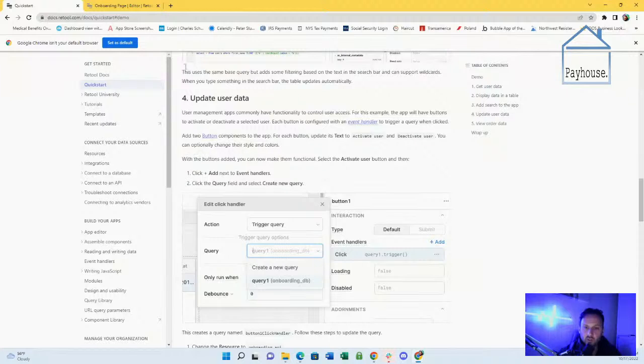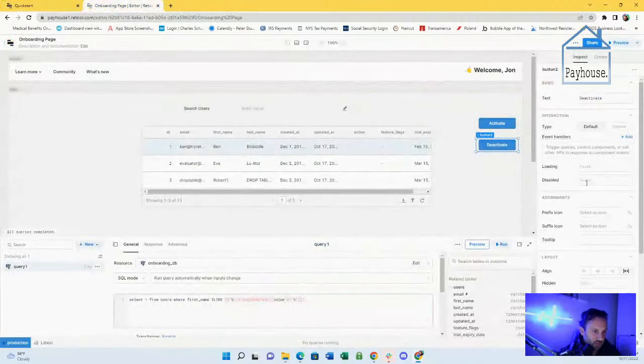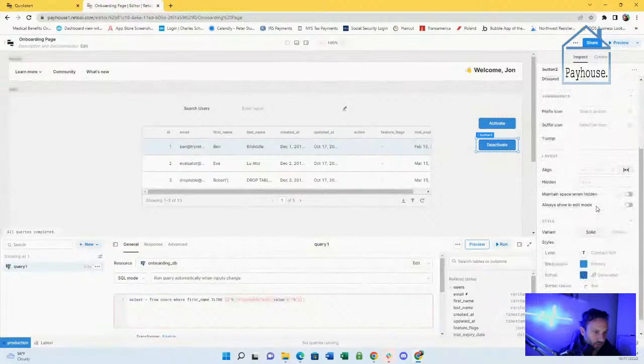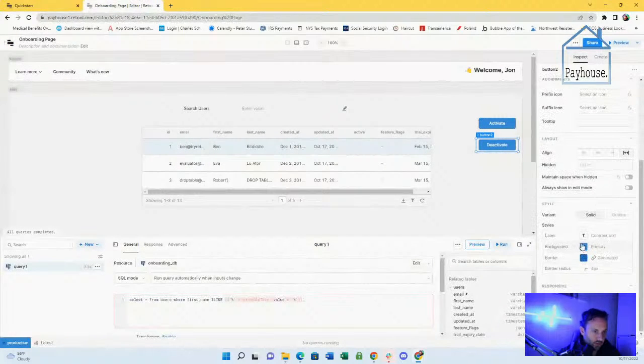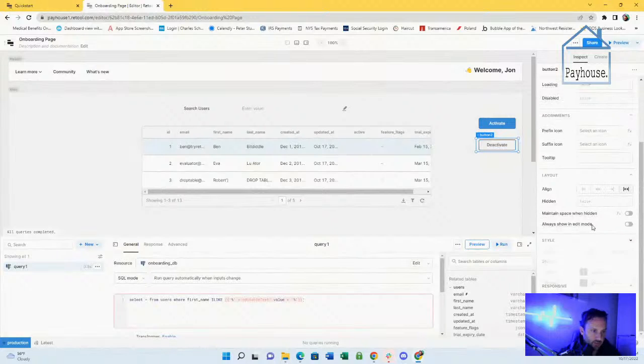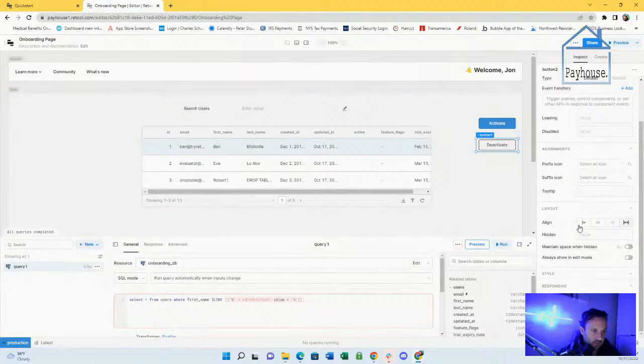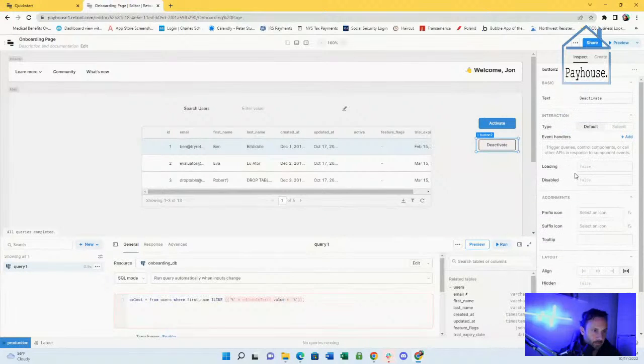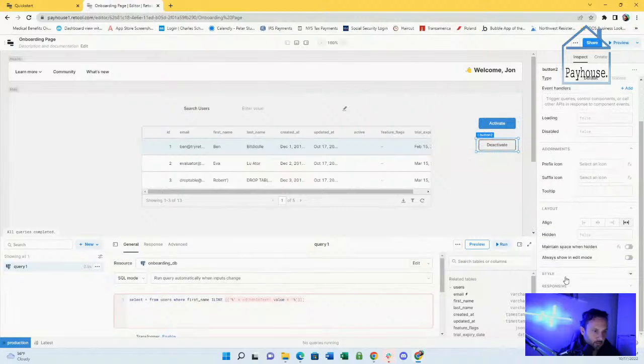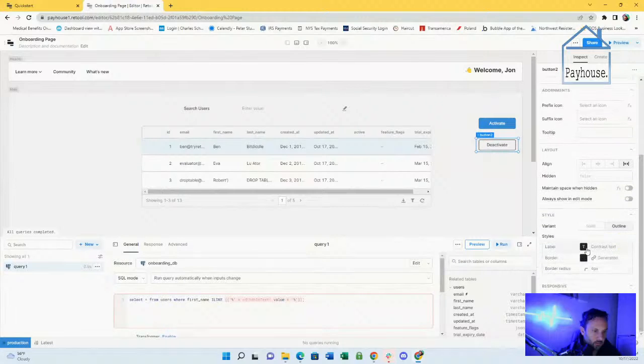You can optionally change the colors and style. How do we change the color and style of these buttons? Okay, we got it right here. Style. We can do outline, contrast, solid primary.